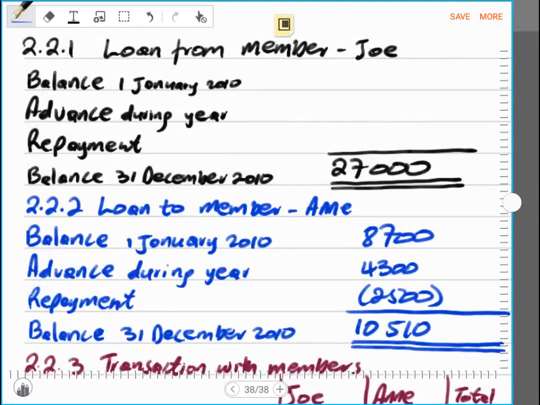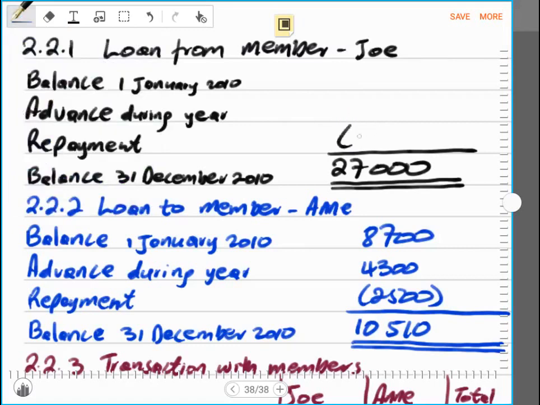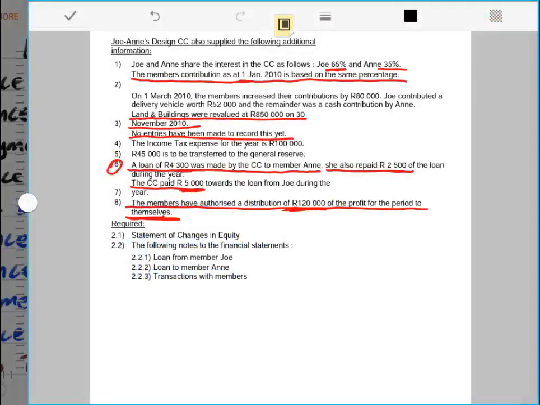So the close corporation has to pay back the loan. So now in this case, we record this under the repayment. Therefore, it will have to be negative because a repayment has to reduce the loan. So now we record that as negative 5,000 rands, which was a repayment of the loan by the close corporation,